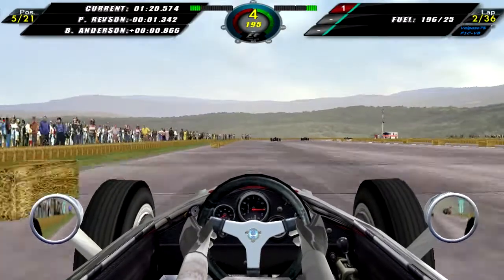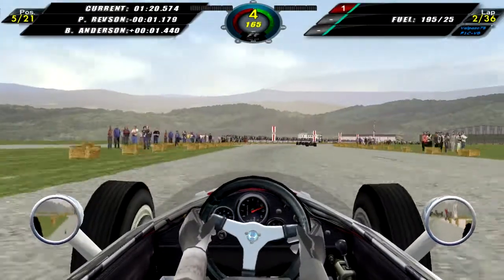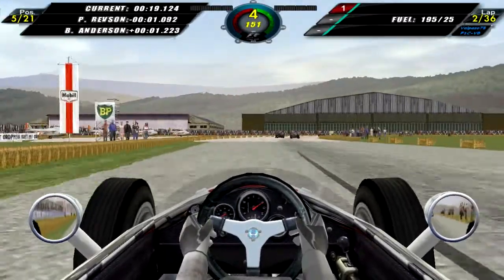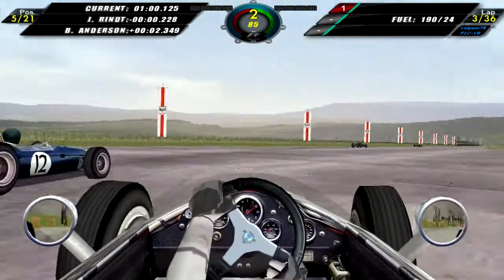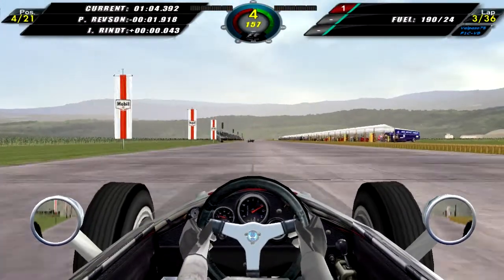chasing after Peter Revson. At the moment we are down in 5th. Hopefully again we can catch up and regain the lead. That would be absolutely fantastic if we could do that. Although it looks like the AI has a bit of an advantage here. There are a lot of long straights, and that kind of plays to the weakness of